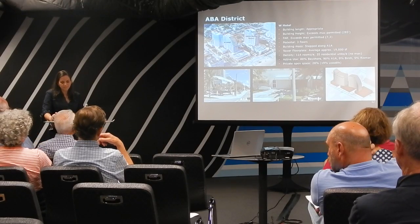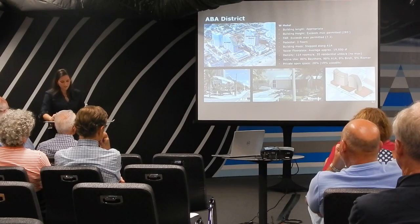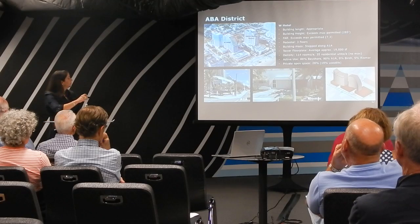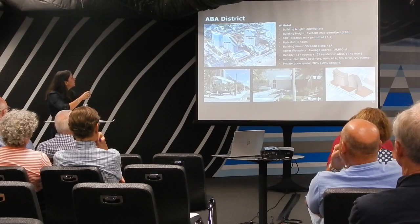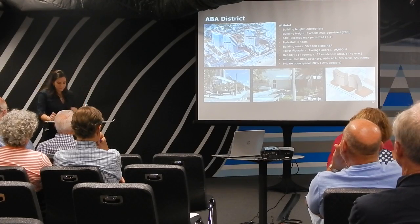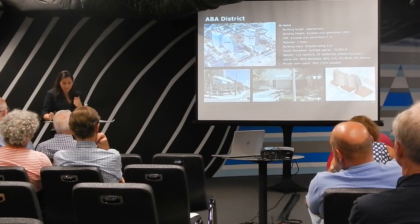This development is an assemblage of two city blocks that were at one point separated by a street, which was Breakers Avenue. The second factor is the towers spanning over the pedestals. If you look very carefully, these are the two blocks that were consolidated without that street in order to create one development. And the towers spanning over the pedestals actually create the appearance that the building is more massive, even though in reality it's not, because you look at the different tower floor plates and the building lengths of each